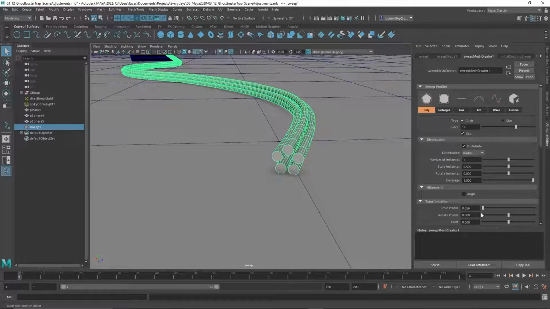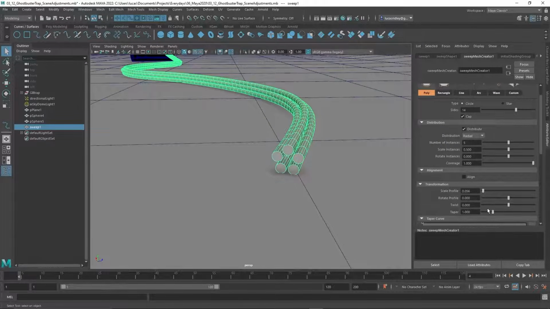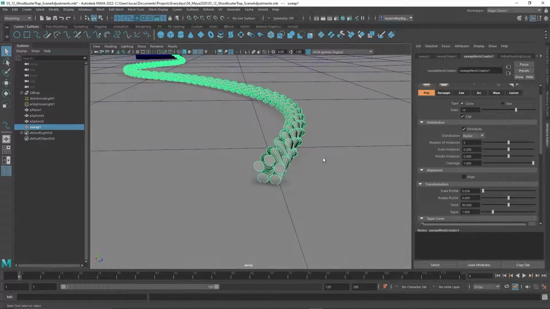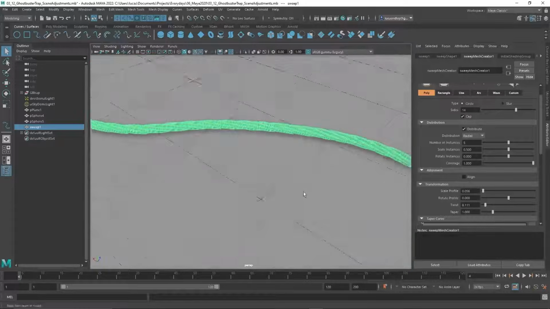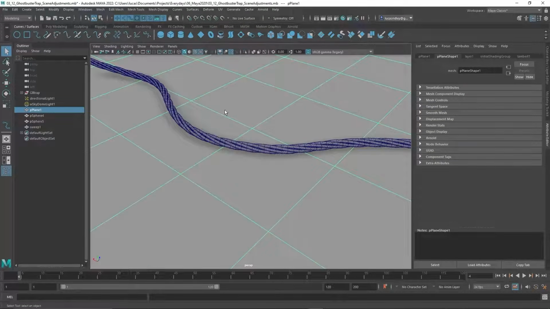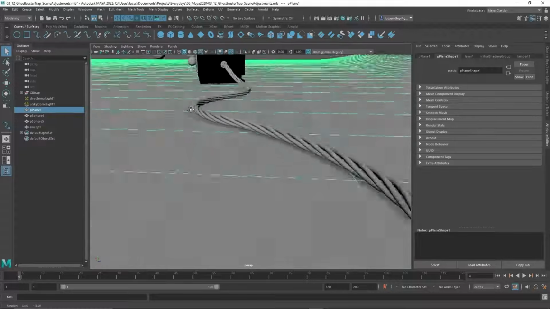All we have to do to get the braided effect is go down to the Transformation options here, and then just increase the twist of this. And of course, we can take that past the soft limiter of 2 and type in a value that we want. Of course, with 90, we can see we've kind of broken the model and it's intersecting itself. So that just gave us a better range to now adjust this down to something that makes sense for the subdivisions we have and the length of the chord that we have here. So this is a really easy way to create a braided rope. I can also turn off the wireframe so you can kind of see that.